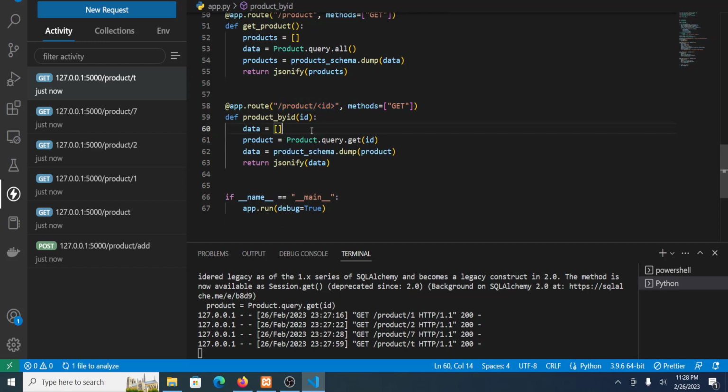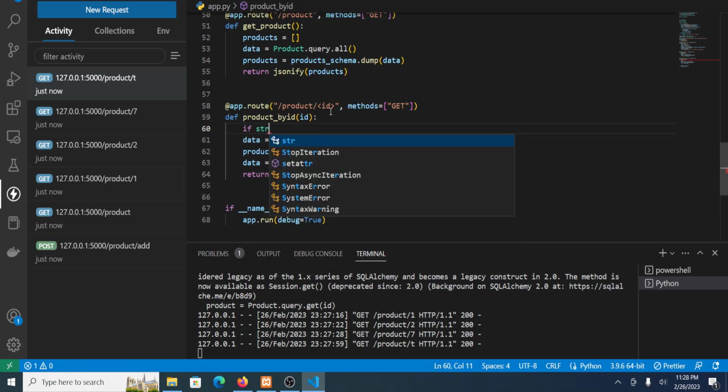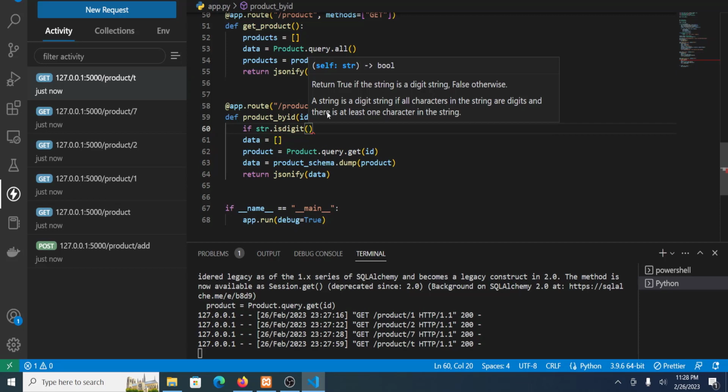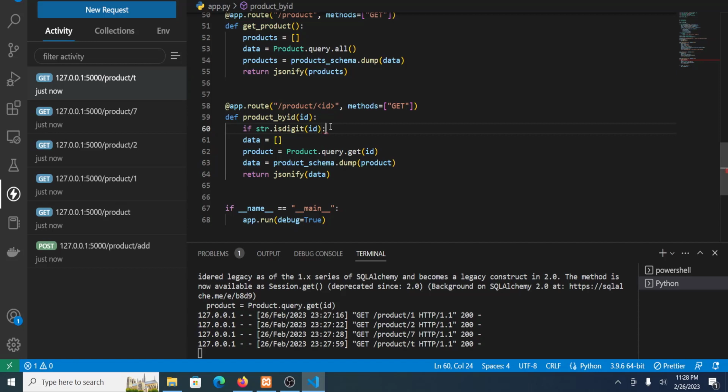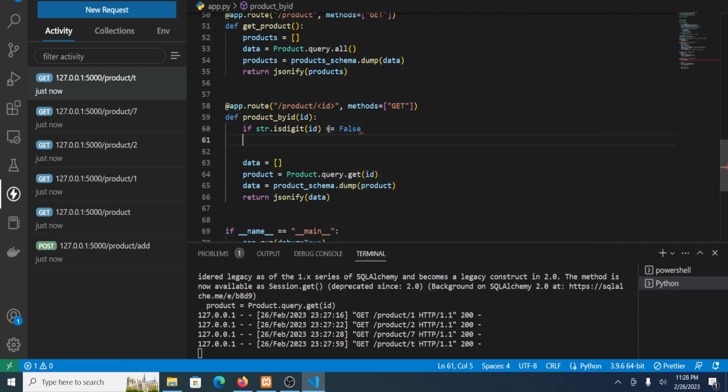So now to do so, we have to do this. Let's say if str.isdigit, which exists in Python to check. As you can see, it returns true if the string is a digit and false otherwise. So what do we want? We want to check the ID to check if it's a string or not, here equal to false. If it's false, we're gonna say to the user, hey,